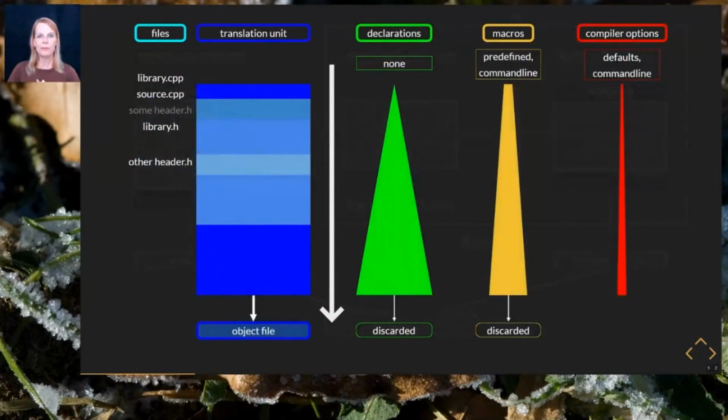The compilation of a TU starts out from a given compiler state as set up from the compile environment, like compiler flags and macro definitions, and it starts with an empty set of declarations. At the point that the library interface header starts being processed by the compiler, the compiler state may have changed by all of the stuff the compiler has already processed so far.